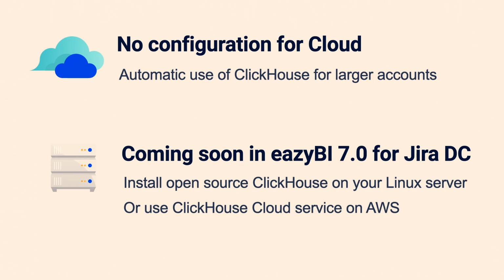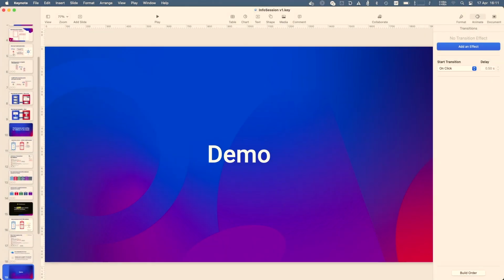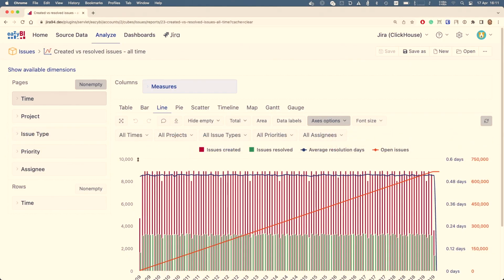And in the upcoming eazyBI version 7, which will be released soon, we are adding this ClickHouse database support, which you can either install and host yourself on some Linux server, or if you are using AWS and don't want to host anything yourself, ClickHouse also provides a hosted ClickHouse cloud service that could be used with that. And so just to show you that it really is fast, I created